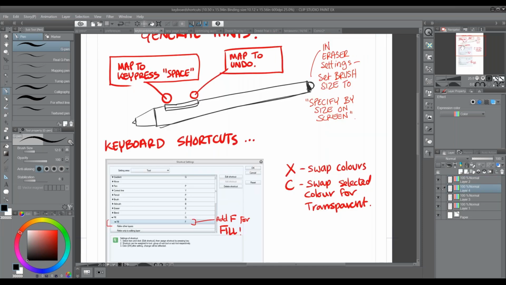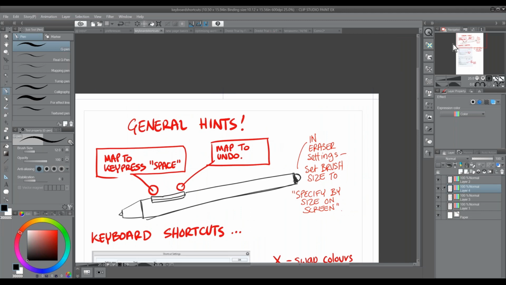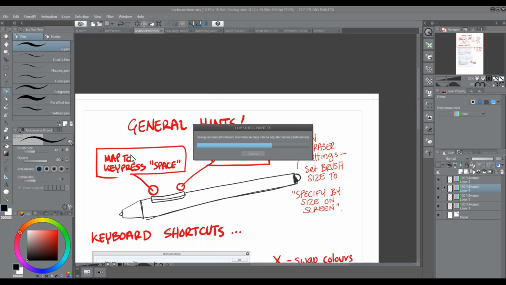First of all, I'm using a Wacom Cintiq 27-inch, but I generally do this on all my Cintiqs. The 27-inch is a massive screen, a huge amount of real estate, but if you have a smaller screen, these things are actually really useful. The first thing I would say, and this isn't Clip Studio Paint related, but it is useful within Clip Studio Paint, is to take